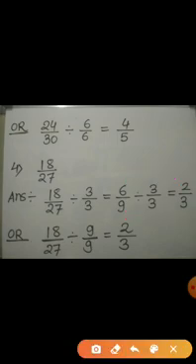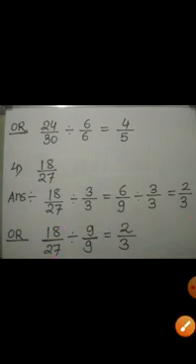Children, if you want, you can divide by 9 as well. 9 is the highest common factor of 18 and 27. So when you divide 18 and 27 by 9, you will directly get the answer which is in the lowest term. As you can see here, we also got the same answer as before, which is 2 by 3. So likewise you can solve the remaining examples given in your textbook.